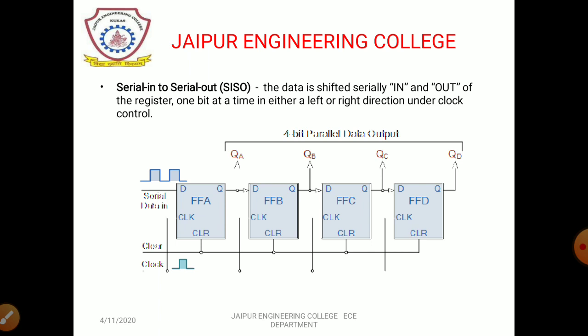So we can say that we achieve the output as serial, in the same way as we provide it to the shift register. So this is known as a serial in serial out shift register. The data is shifted serially in and out of the register one bit at a time in either left or right direction